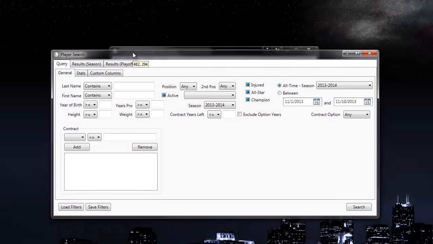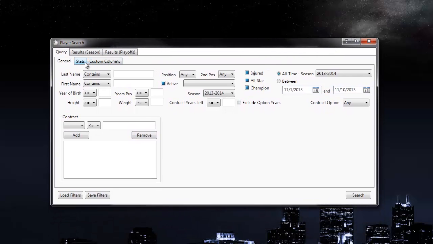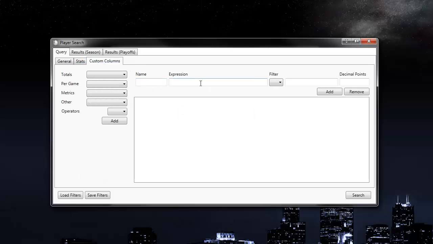As you can see, I have opened the database and I'm going to go here to this new custom columns tab and for example, let's say I want to see how much money I'm paying each guy per their production. So I'm going to call this pack for game,